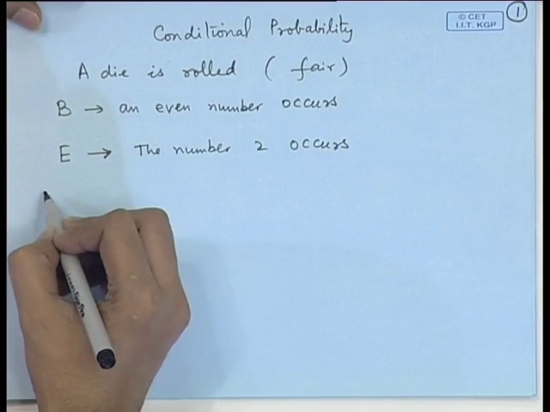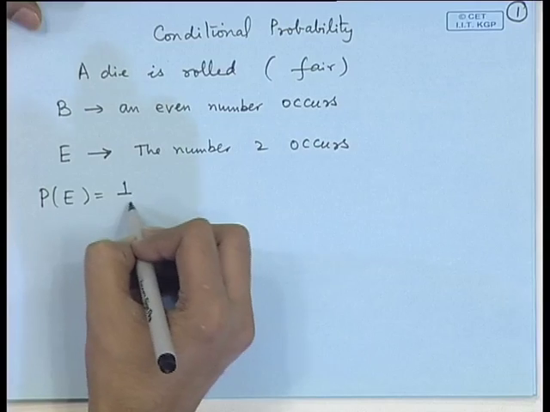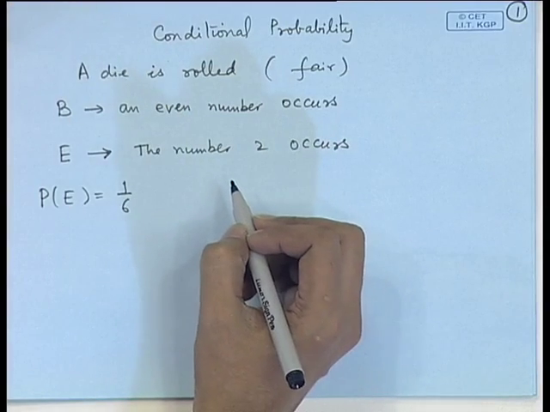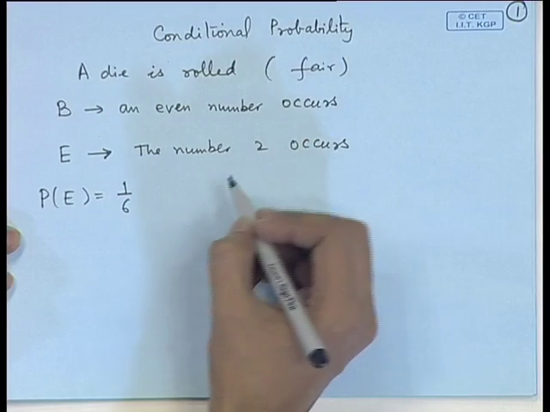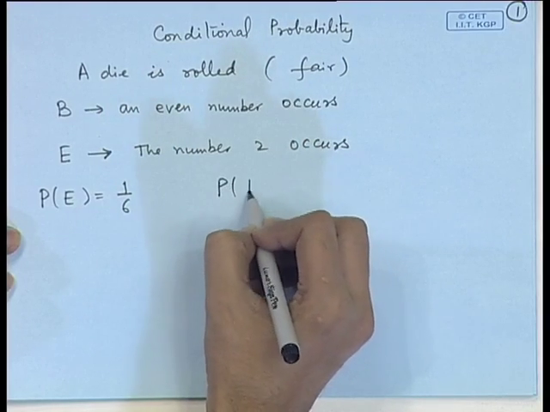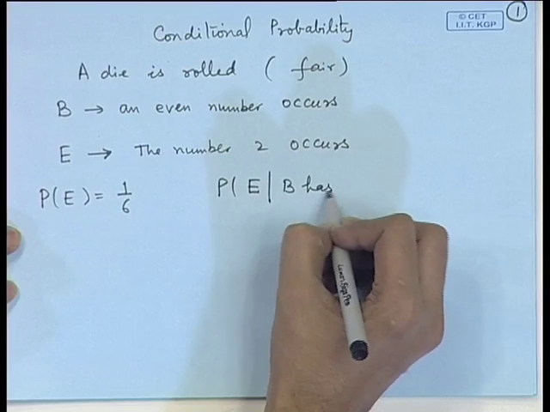Now, if I want to find out the probability of E, it is equal to 1 by 6. However, if I know that an even number has occurred, then the probability of E given that B has occurred